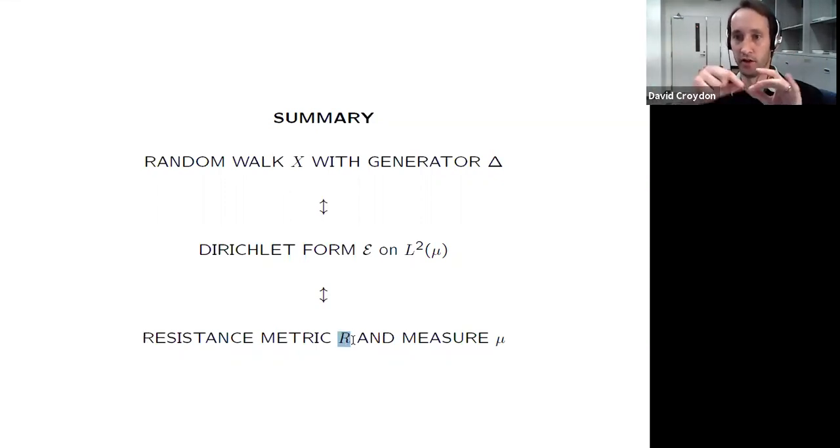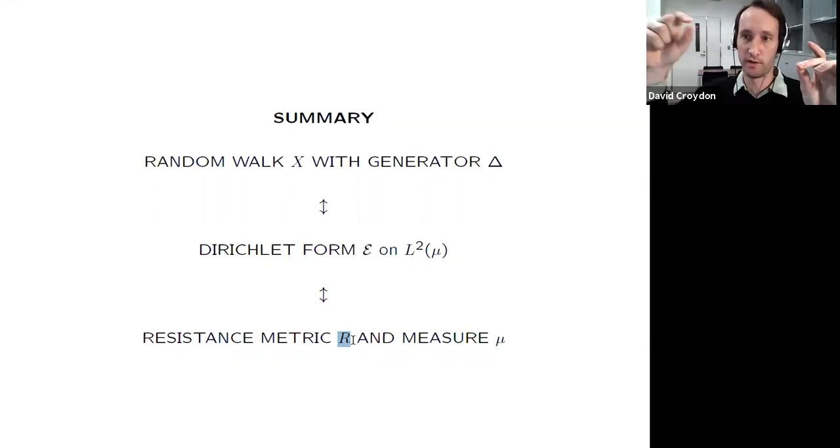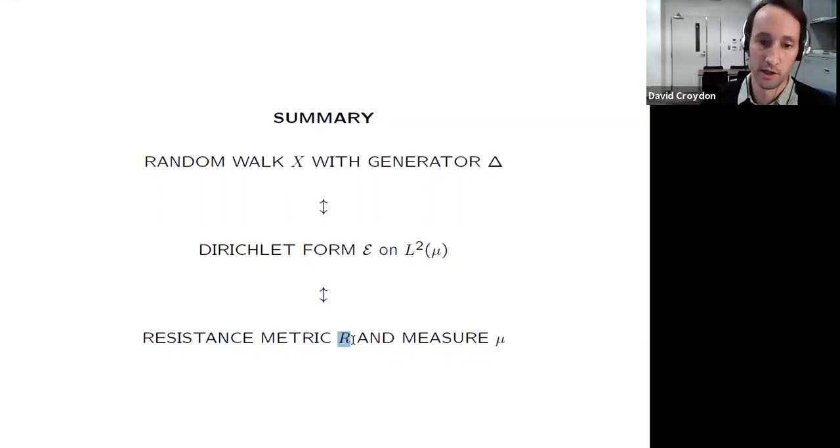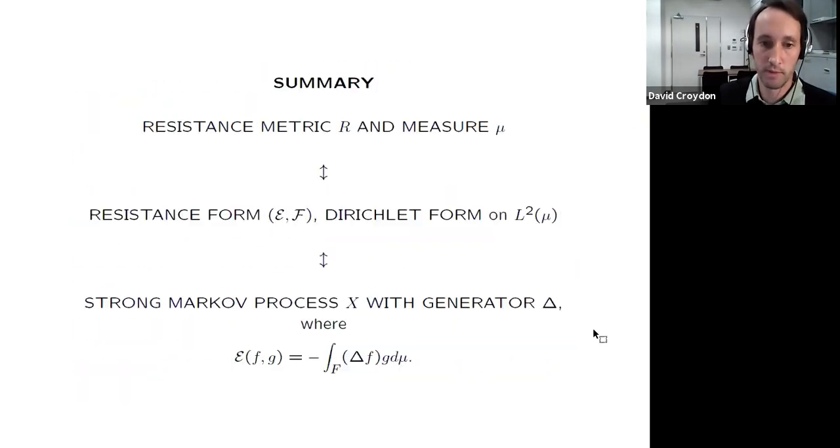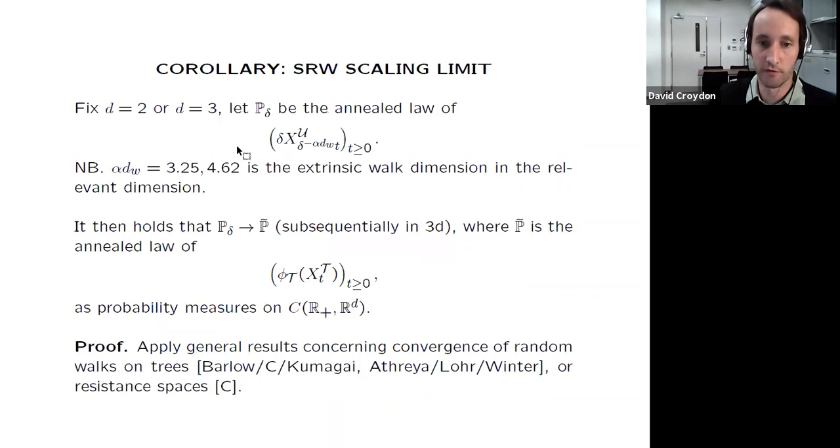If you ask what's the resistance between two points, if I put unit resistance on each edge, the series law tells us this is just the graph distance. There's no parallel path to change the resistance. And so this intrinsic graph distance of the tree contains all of the information about the random walk. The fact we understand the scaling limit of this and also its invariant measure means that after a bit of work, it's enough to also tell us about the random walk scaling limit.